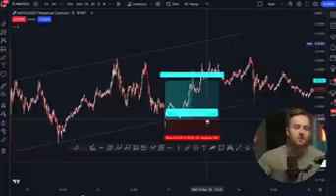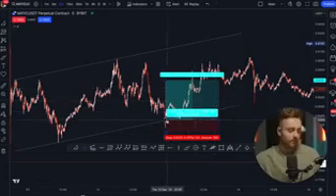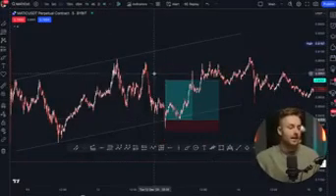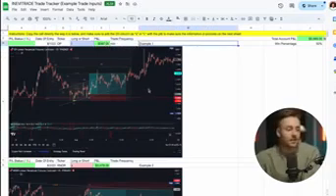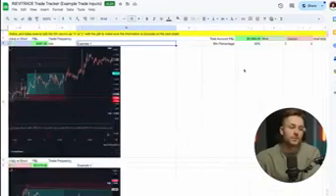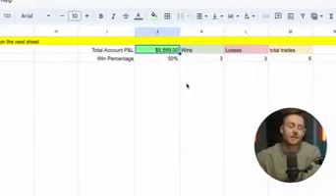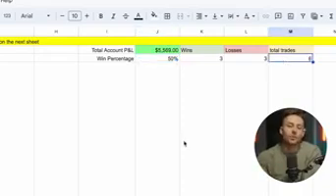Okay, so say we've taken our trade risking $50, we make a 1 to 3. So we made $150 on this trade. You should immediately be screenshotting this trade to track it, taking a screenshot of that chart and journaling everything: the date of entry, the ticker, whether it was a long or short, how much money you made or lost on the trade, and any notes that you want to take on the setup. That way you have a log of all of the decisions that you've made, all the trades that you've taken, and you know over a certain amount of trades, over a certain amount of coin flips, how much money you actually made, what percentage of the time did you make or lose money, and how many total trades did you take.